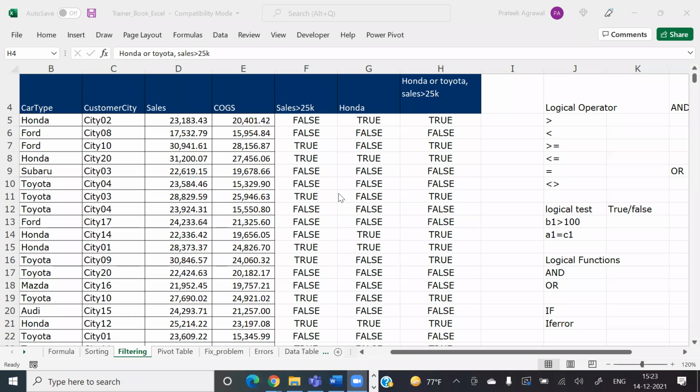So tell me, what will come outside? Because obviously I have to start with one particular function. I can't start with both. So what comes outside? AND or OR? AND first and then OR. But why? Pratibha, can you explain to me why should I start with AND and why can't I start with an OR?